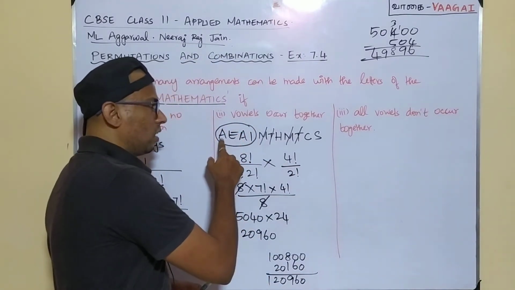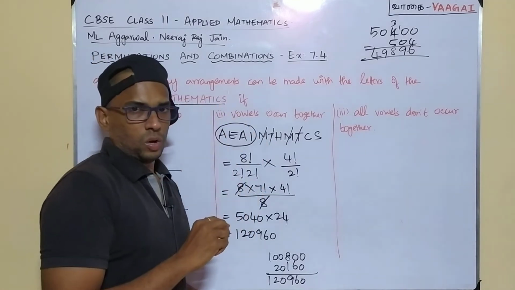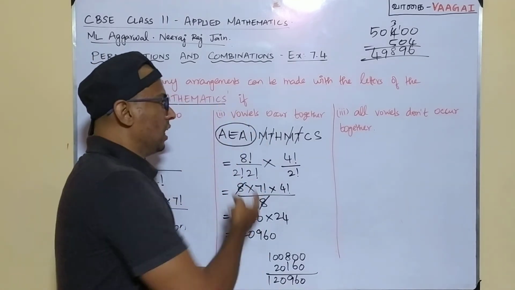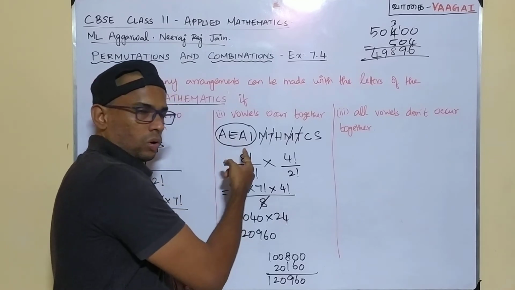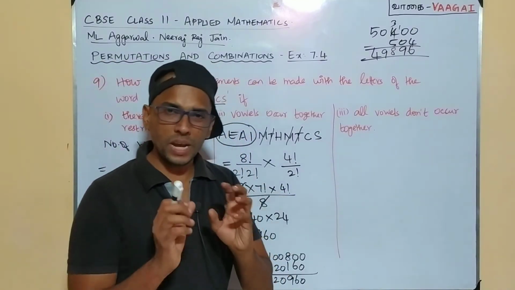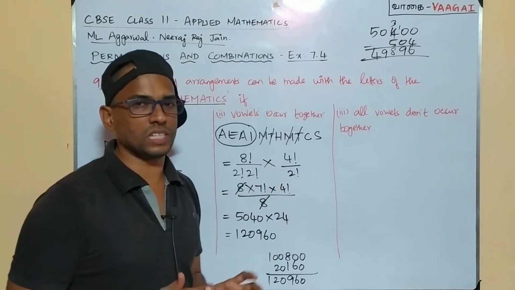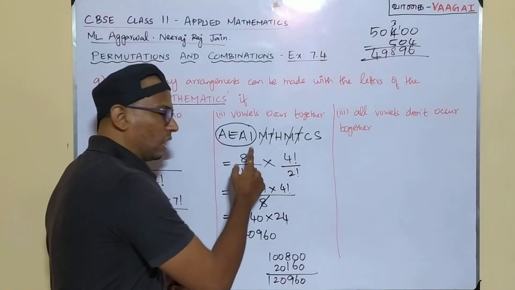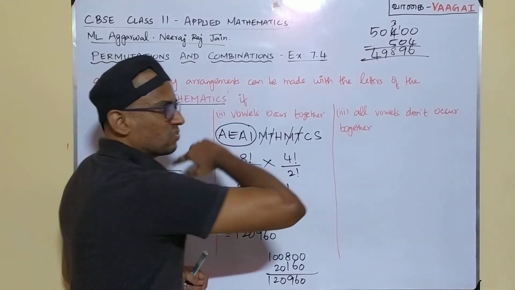Now see here, there are 4 vowels in our word. Okay, 4 vowel letters in our word. These 4 letters are together here. Now, this meaning is all vowels don't occur together. Be careful in understanding that here all the 4 letters are together, whereas when you come here,